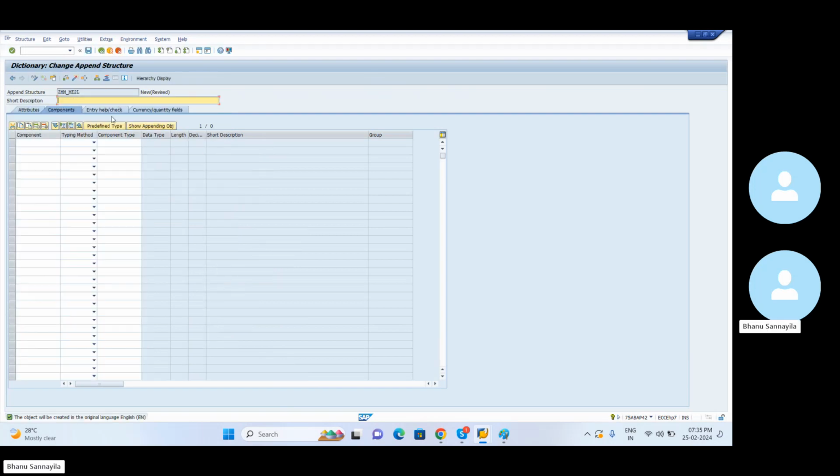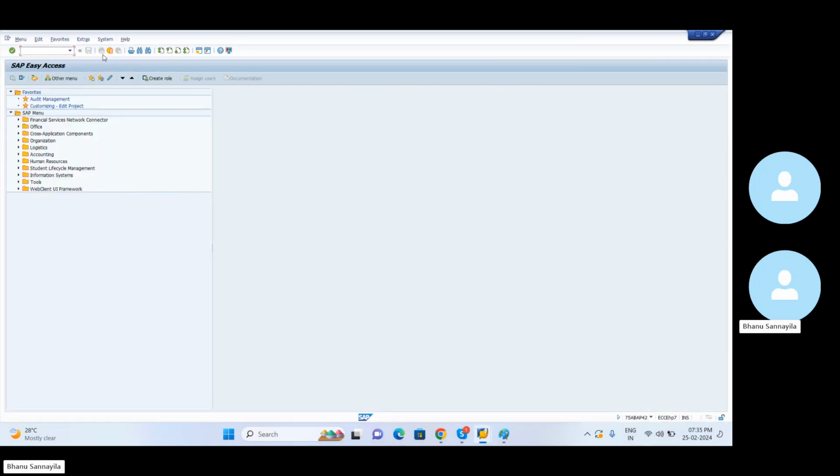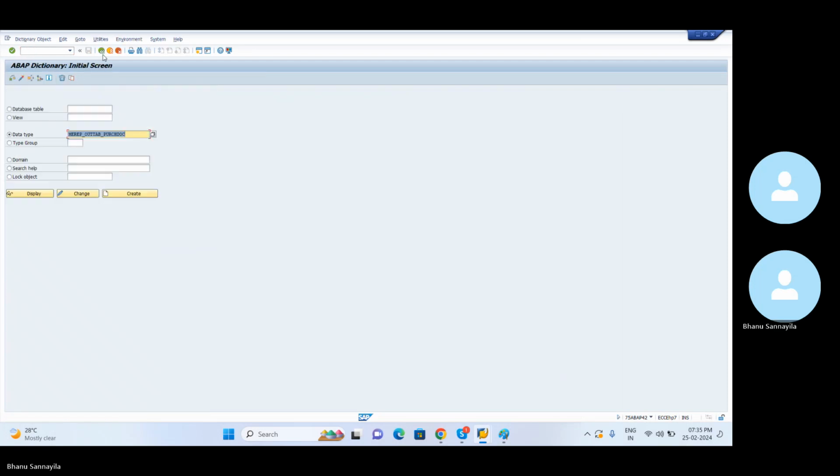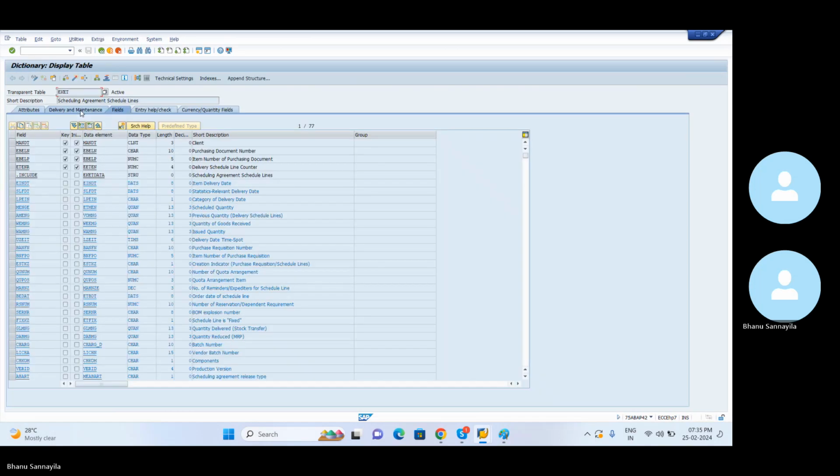ME2L. So now two fields at ME2L for was per vendor, whatever. So now here what I'll do, I'll say, what are all the fields that we thought of adding? So let me go back to a table called so here we thought of adding these two fields. You thought of adding these two fields. Assume this is what your requirement is, right? So now